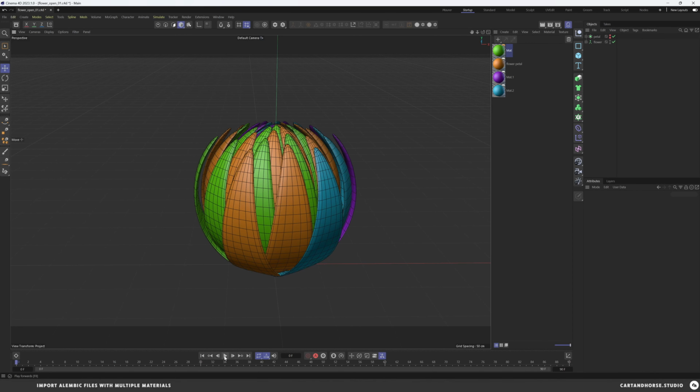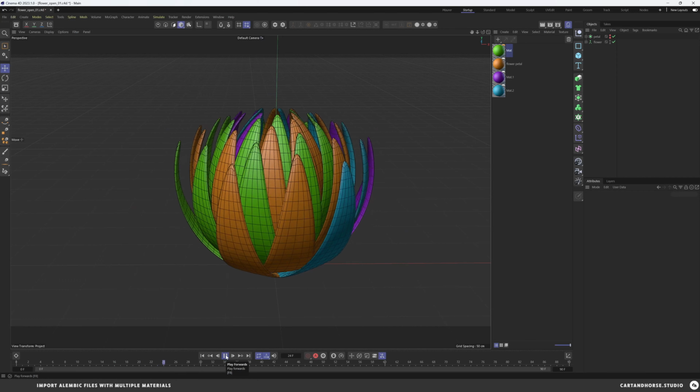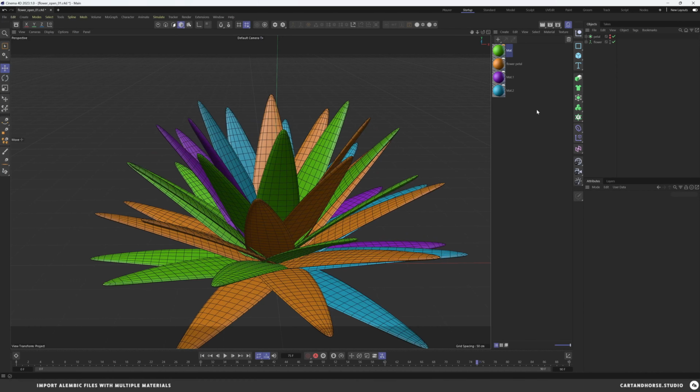And really what this is, I need this point level animation to bake out. So instead of rigging this up with a bunch of bones, using the MoGraph tools, I can just kind of make this thing bloom. So the way I did this